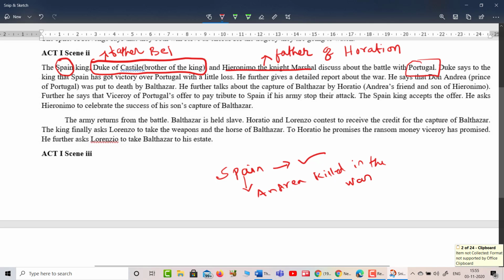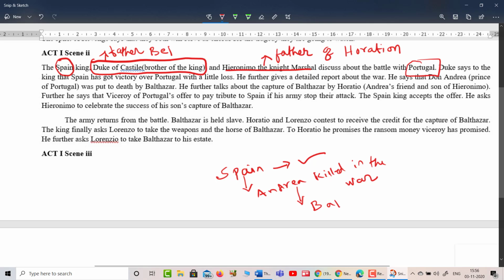Andrea is killed in the war. Who is the soldier or noble person in the court of Spain? Now he was killed by Balthazar, the prince of